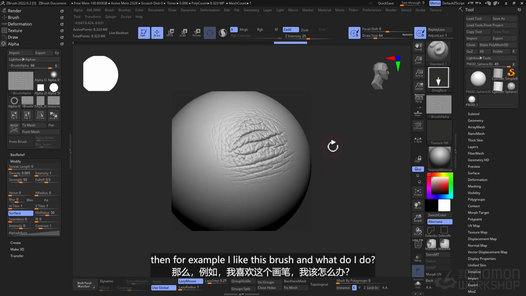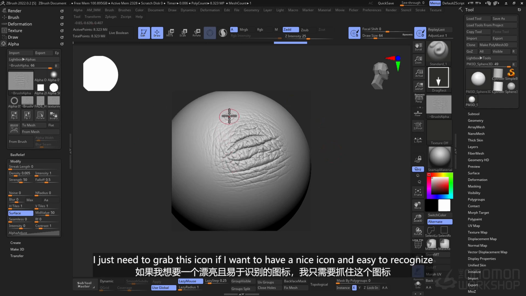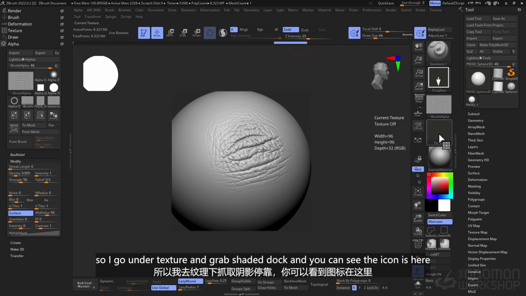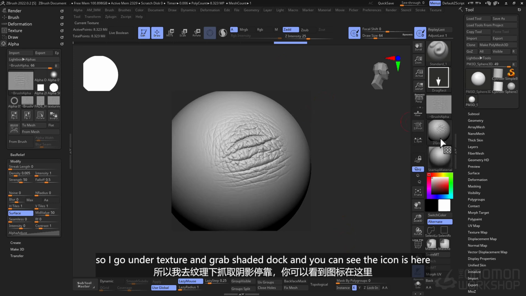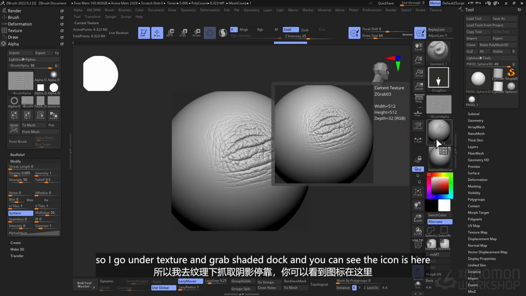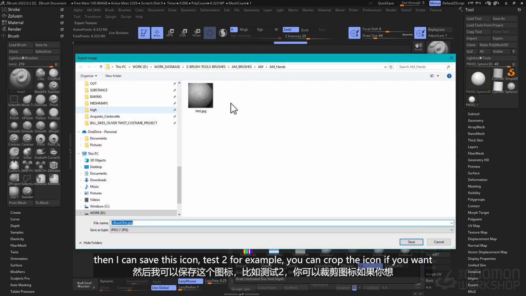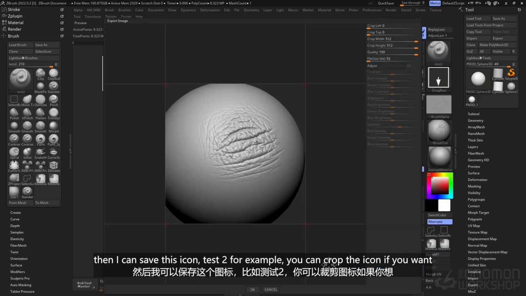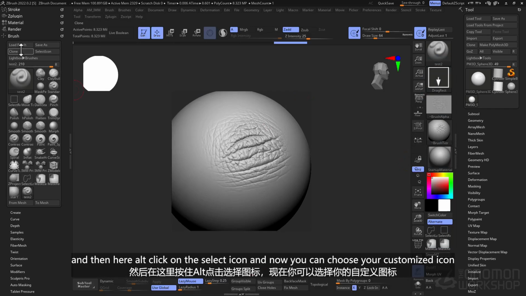Then, for example, I like this brush, and what do I do? I just need to grab this icon if I want to have a nice icon and easy to recognize. So I go under texture and grab shaded dock, and you can see the icon is here. Then I can save this icon. Go test 2, for example. You can crop the icon if you want. And then here,